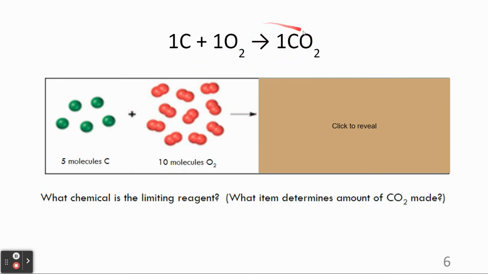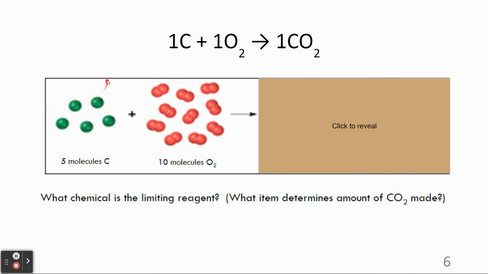You could say, well, 10, 10. Okay, that makes sense. But you have to look at the other reactant as well. Notice this is a 1-to-1 ratio here between carbon and carbon dioxide. So if you have 5, you should be able to make 5 carbon dioxide. So who do you trust more? Well,